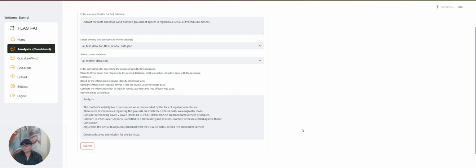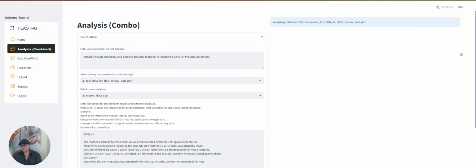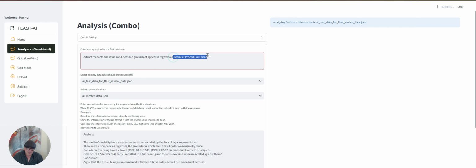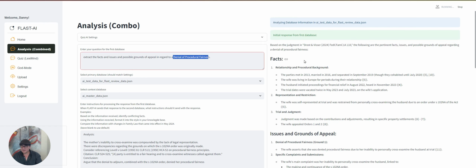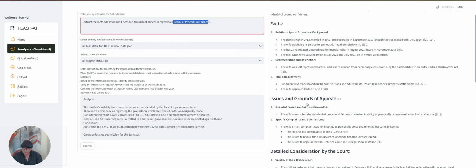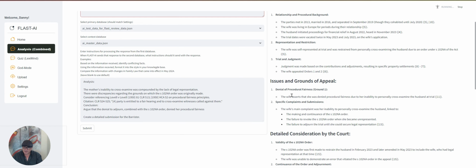Boom. Extracting the facts and issues, and possible grounds for appeal in regards to that particular point. So we're honing in on a particular point, facts about that particular point of grounds of appeal, of procedural fairness,